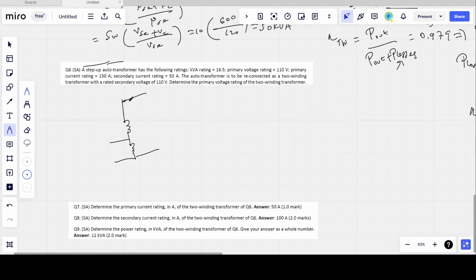Okay, we're back to solve the next problem. I was having some technical issues here. So this is what a step-up autotransformer is going to look like. You have 110 volts here, and now the currents in a different color. So primary current is 150, and this current is what we call the I low,